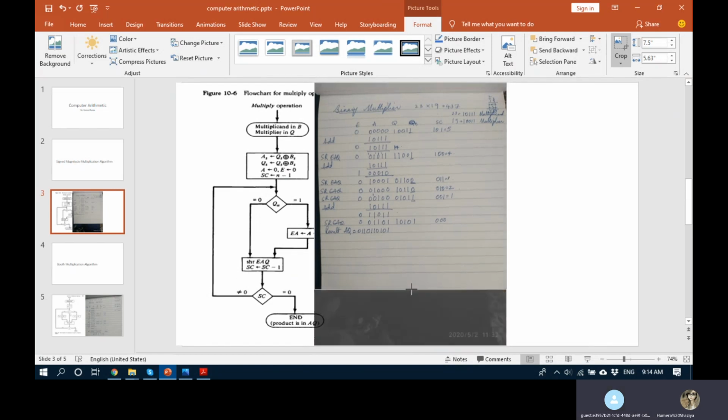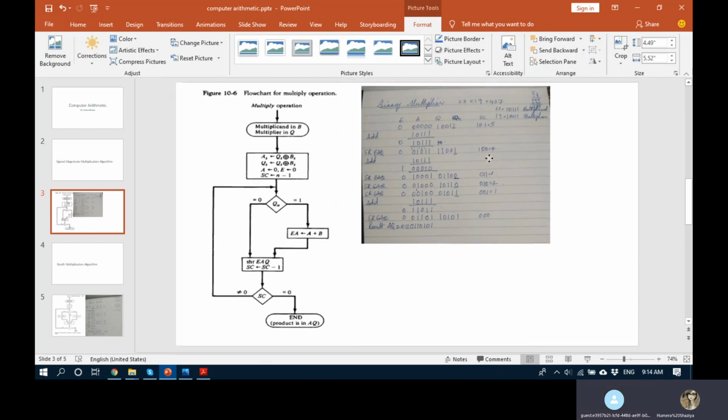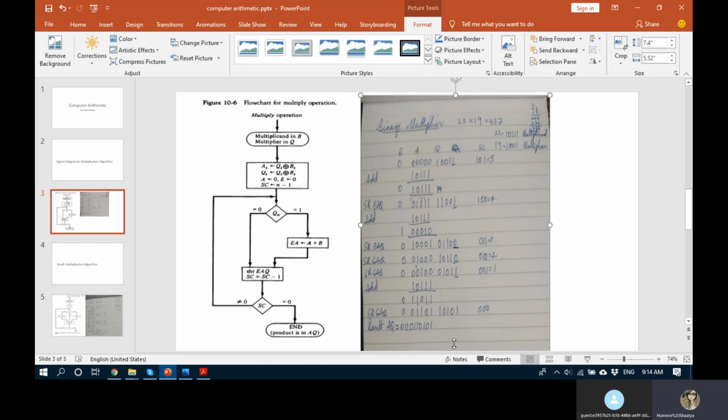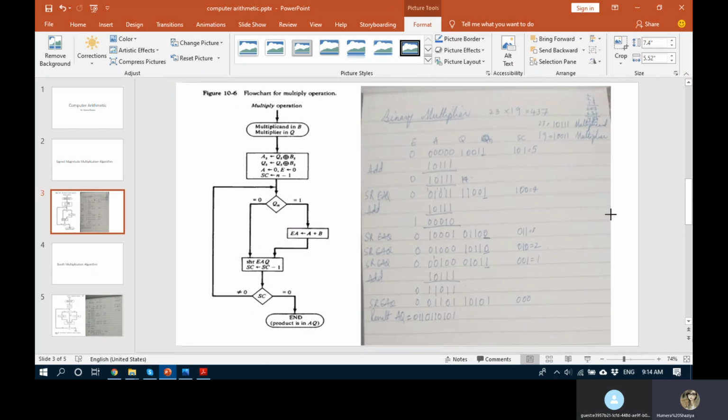You know, what do we do? We perform addition, subtraction using pen and book. We want the computer system to perform addition, subtraction, multiplication, division in its hardware. That is the topic of study. So the computer has to perform addition, subtraction, and multiplication.